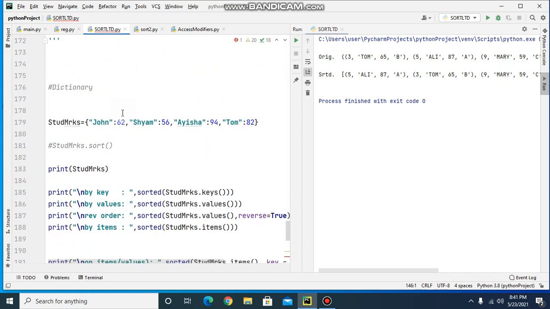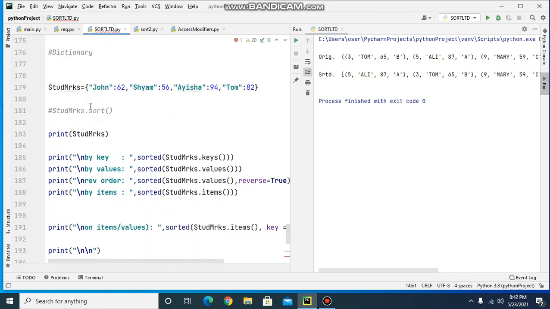Now we will see the sorting of dictionary. Dictionary, as we know, is an unordered key value pairs. So here in this dictionary I am having this key value pairs. Key is the name and marks are the values here. So here I am sorting this using the keys method.